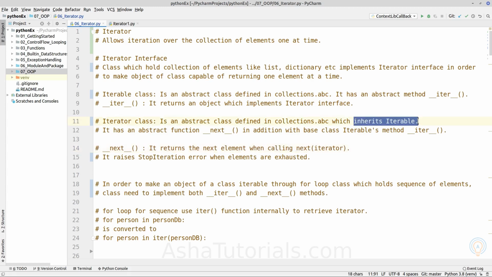As it inherits the Iterable class, the class which implements the Iterator class must also implement the __iter__ method.